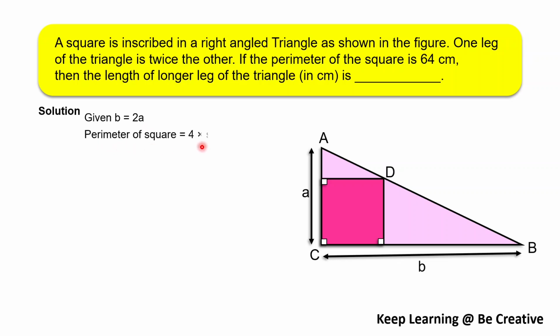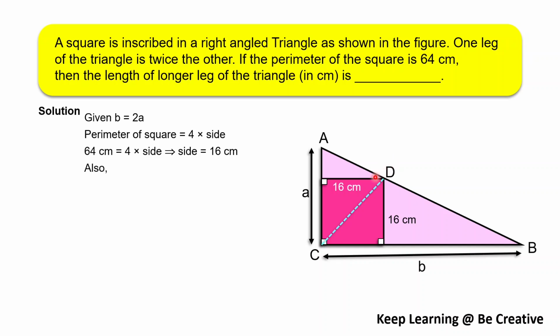Here we have been given the perimeter of the square, which is 64 centimeter, from where we can easily find the side of the square. Now here you can see that the side of the square also works as the perpendicular on the sides of the triangle. That's this from the D we have this perpendicular on AC, and from this point D we have this perpendicular on CB. So here we can write the side of this square as 16 centimeter